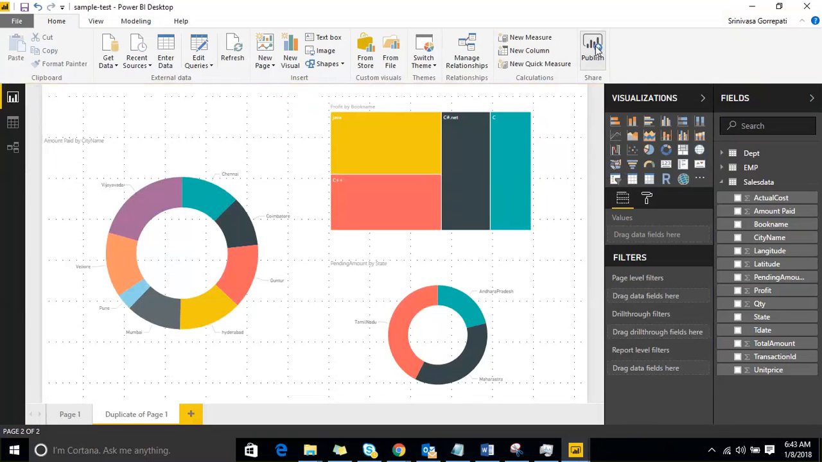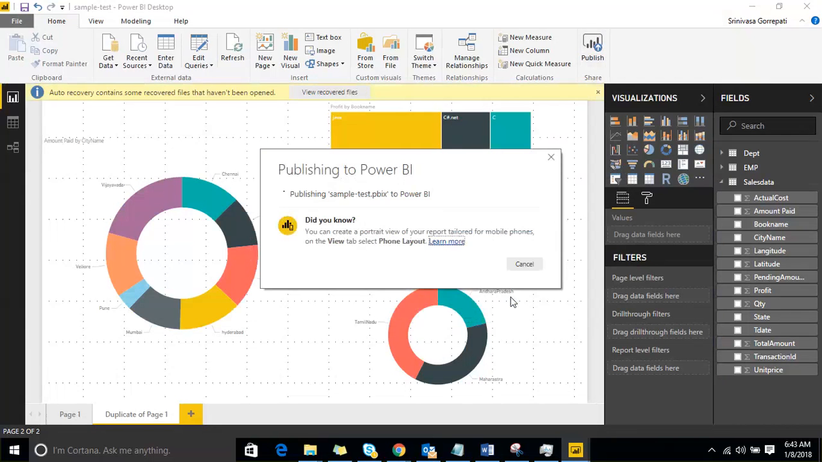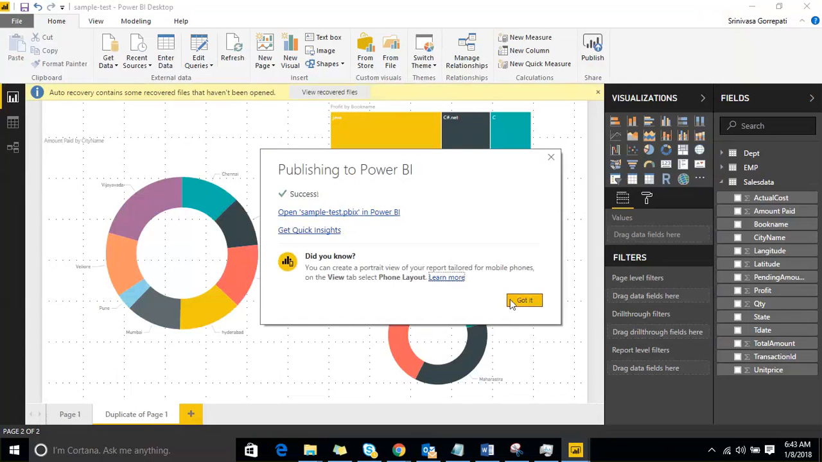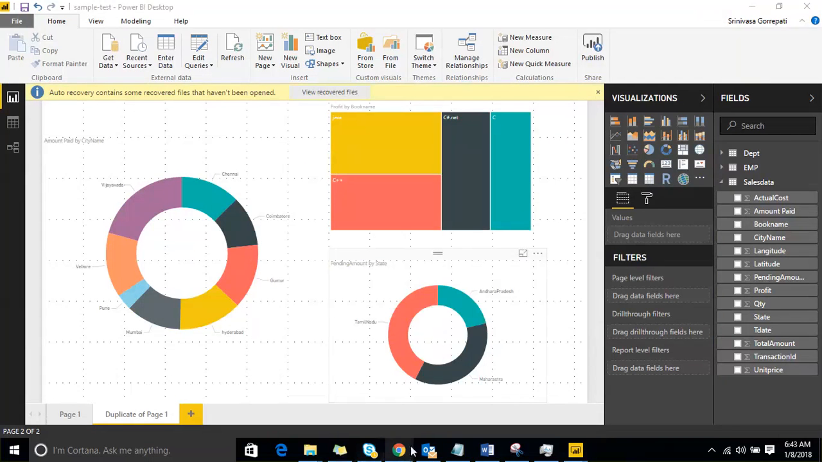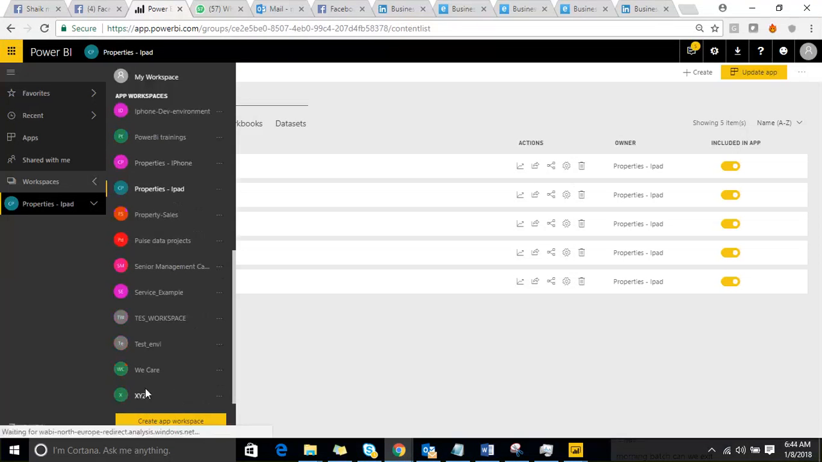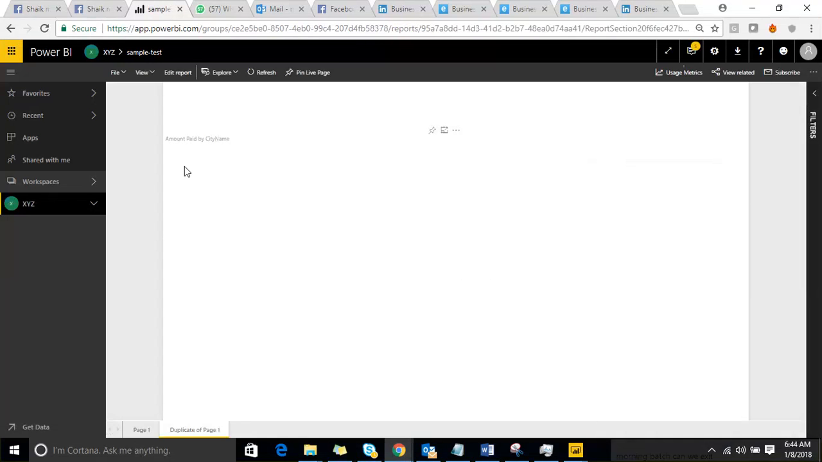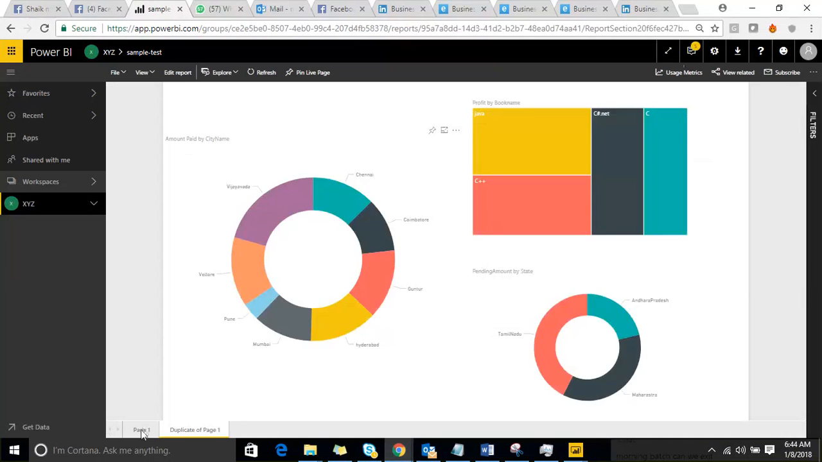Then after that, publish. So I'm publishing under a workspace called XYZ. Then here, as part of workspaces under the XYZ workspace, there is a report called sample underscore test, which you can see has 2 pages. Okay, so now